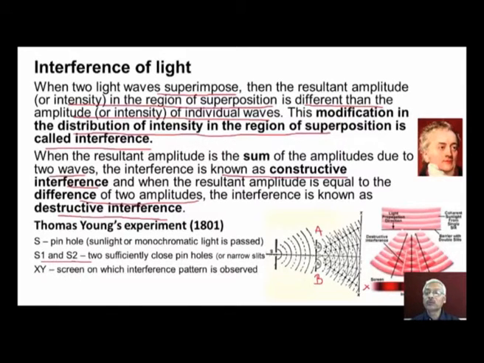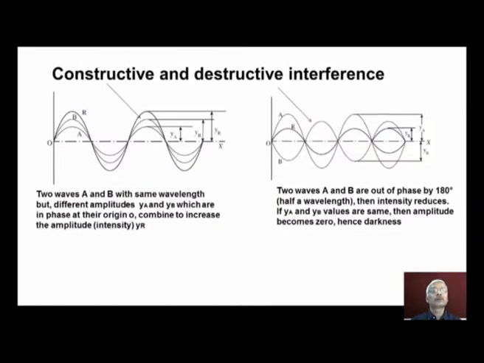So when the intensity of two waves get added, we get constructive interference and we get a bright region here. When the intensity of two waves get subtracted, we get destructive interference and we get a dark band. So like this we get a fringe pattern. We get a bright area followed by a dark area followed by a bright area, like this. So we get a pattern of fringes.